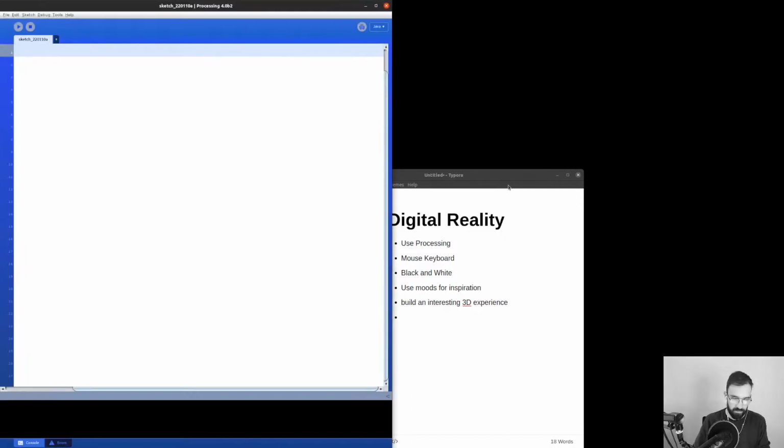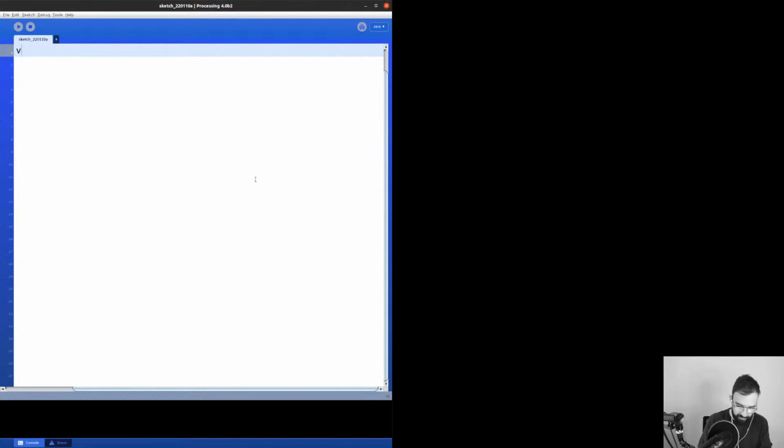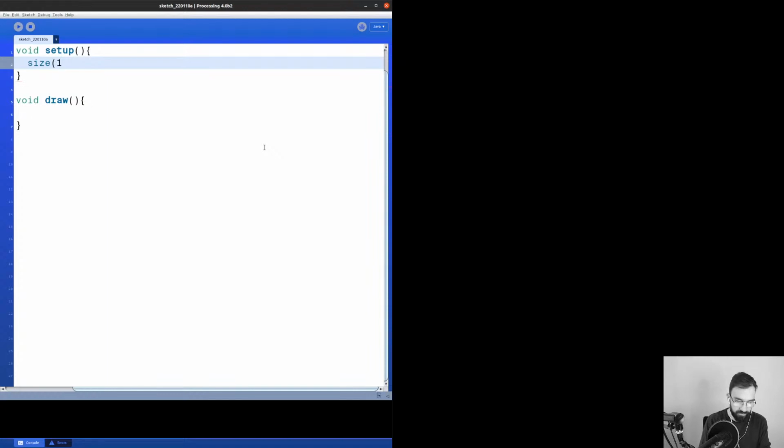That's cool. All right, cool. Let's get started here. So I will create the setup and draw function. Void setup. And void draw. Nice. All right. So I will set the size to 1920,